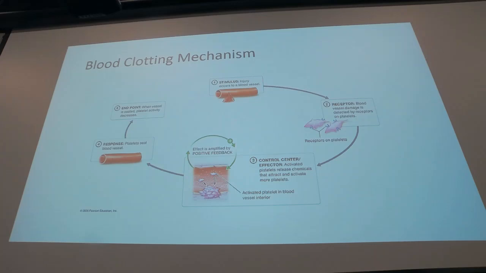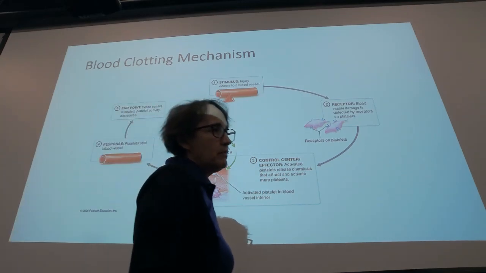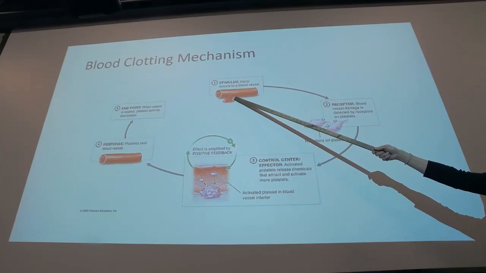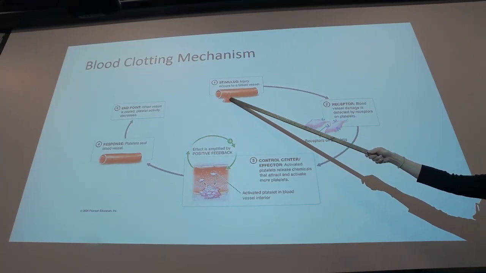Another example of positive feedback is blood clotting. We have clotting factors in our body that are inactive. Why? Because that's when you don't have a wound or an injury. So since they're not needed all the time, because you're not bleeding all the time, these inactive clotting factors don't work. But once you cut a blood vessel, you have an injury in the wall of the blood vessel and you have bleeding,